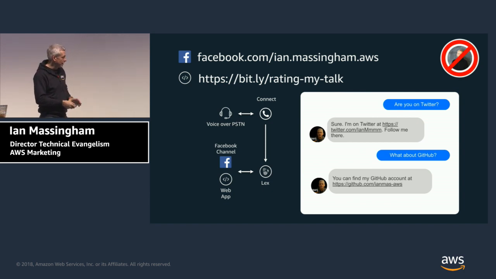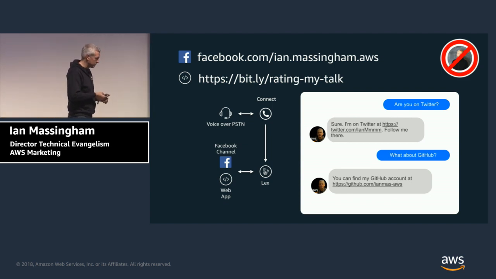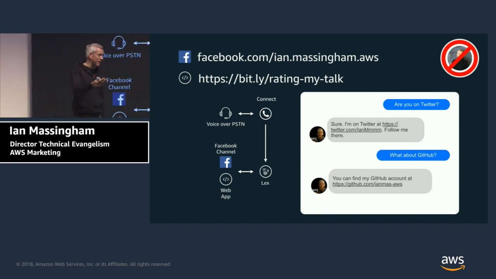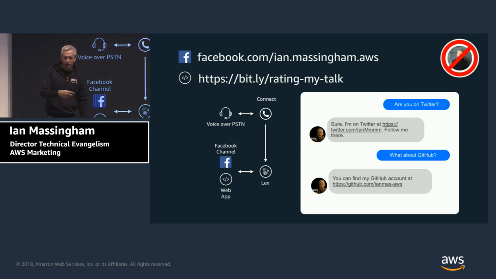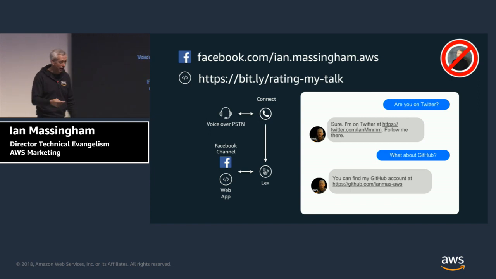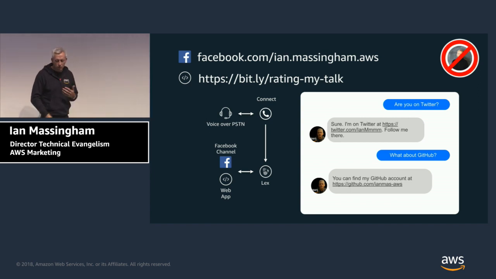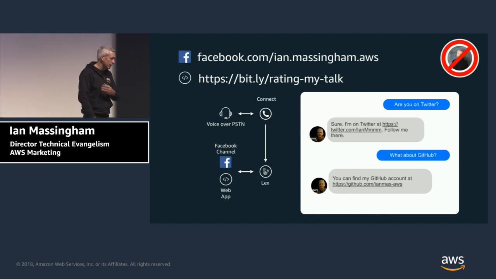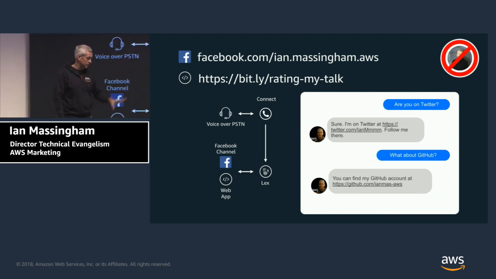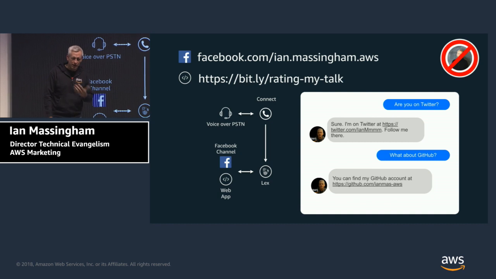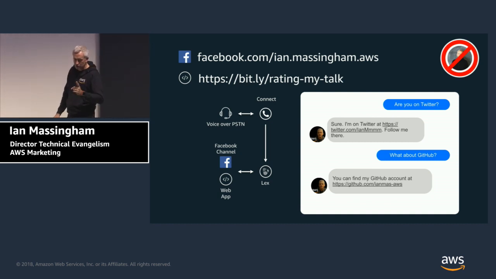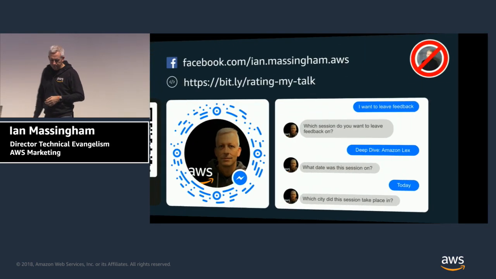And there's a few different things. So first of all, it enables you to rate or give feedback. So you can either give a score between 1 and 5, or you can provide free-form feedback, which we can analyze and figure out whether you're positively or negatively inclined about what you've seen. But you can also get information there. You can ask me questions like, what is your email? What is your GitHub? Are you on Twitter? And other things as well, and you'll receive information back. So it's an informational service, as well as supporting these two different transactions, rating and feedback, okay?